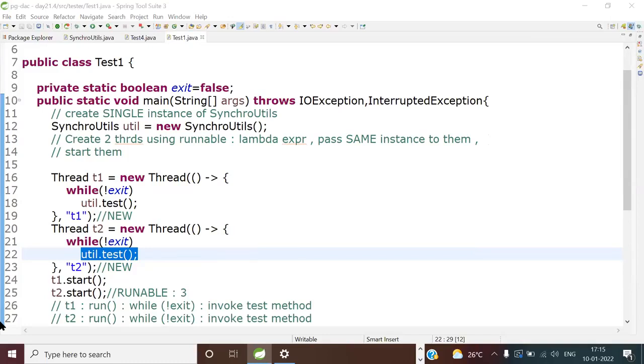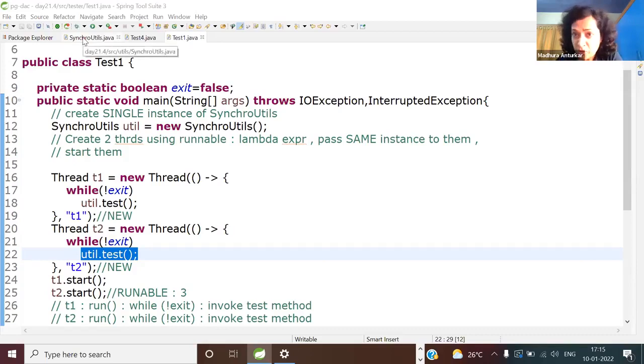Synchronized. Of course, you'll see synchronized output, because they will block each other. Why? Because the lock is applied at the class level. Anytime a class is loaded, there is a corresponding immutable synchroutils.class object, whose instance is created in the heap. You'll understand more of that in reflection. So the answer is right. You'll get a synchronized output.